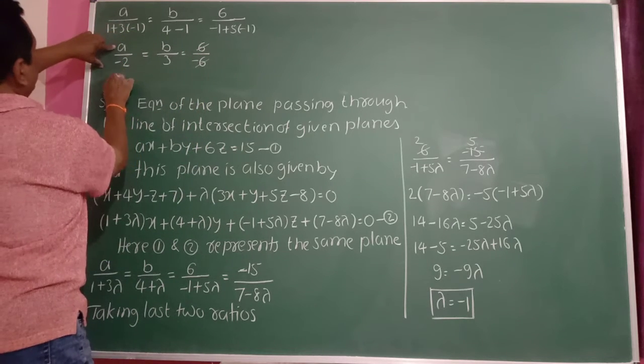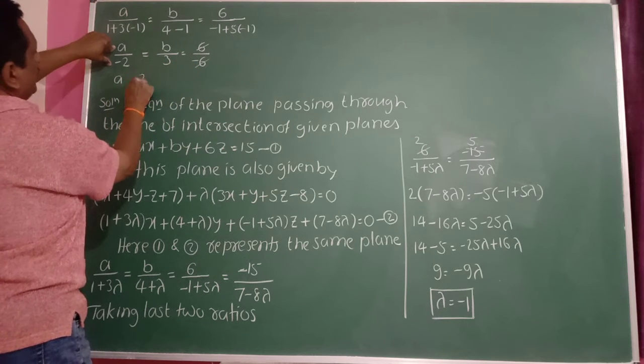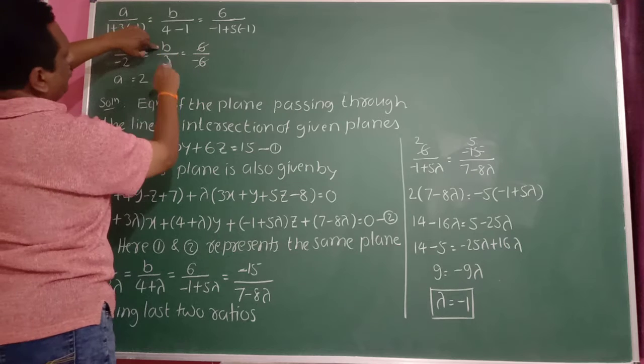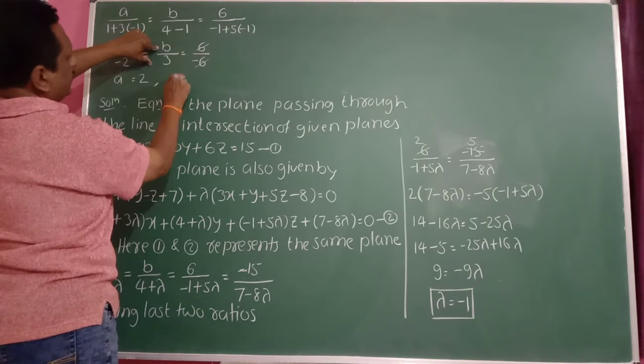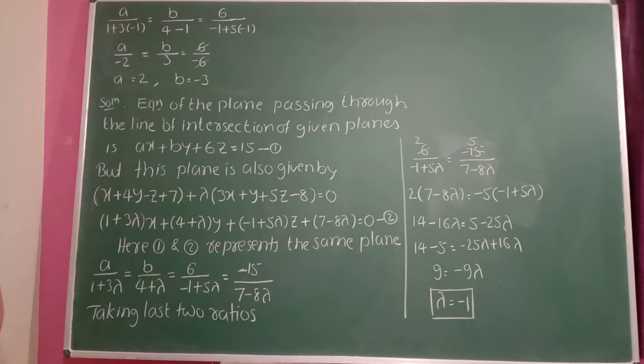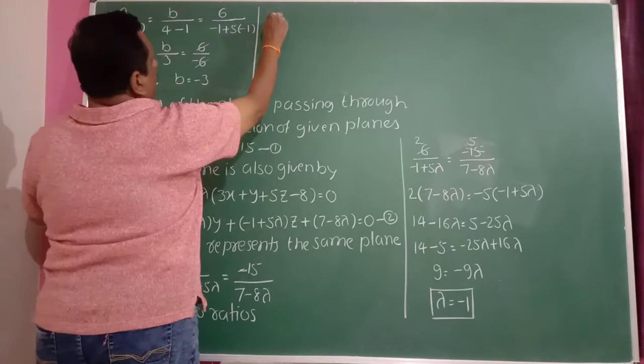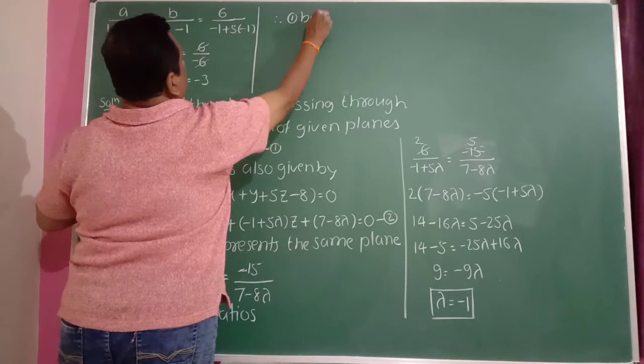Therefore, a upon minus 2 equals minus 1, so the value of a is 2. So b upon 3 equals minus 1, so b is equal to minus 3. A value is 2, b value is minus 3. Therefore, equation 1 becomes